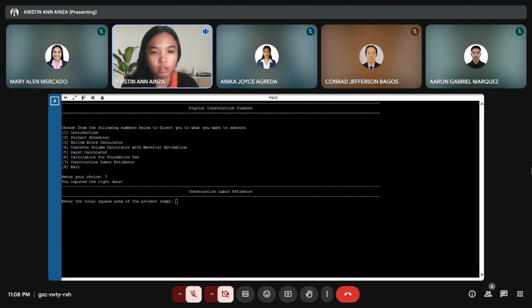The program is user-friendly because it asks the user to input the total project size in square meters, how many days they want it completed, how productive each worker is in square meters per day, and the daily wage per worker.